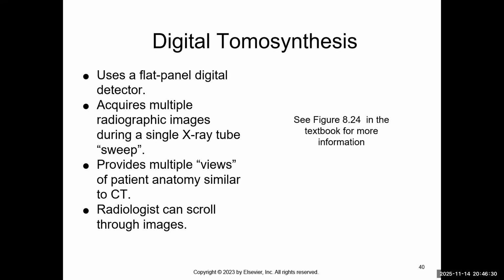All right, digital tomo uses a flat panel detector. We acquire images in a single sweep. So instead of our x-ray unit, where we're usually perpendicular to the patient, digital tomo has an arm that we attach to the x-ray unit, and the arm allows, let me see if I can see